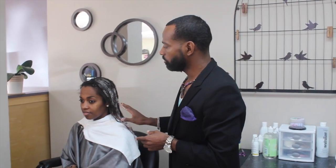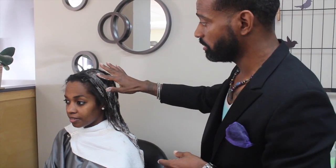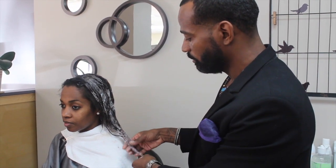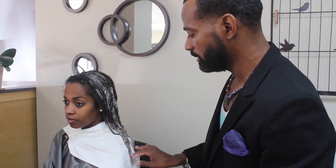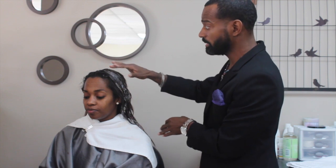So Shannon is still processing. She's coming up very nicely. You can start to see the copper just shine through, lifting really nicely. The ends are still a little bit too warm. We want them to get more pale blonde, so she probably has another 10 to 15 minutes to finish processing. Okay, Shannon has continued to process, and as you can see, the color is coming up very nicely